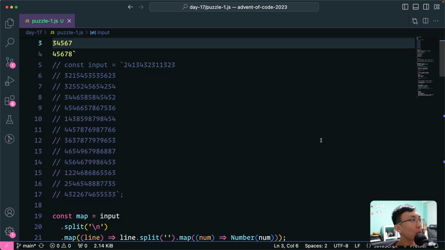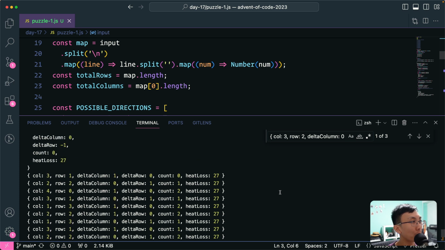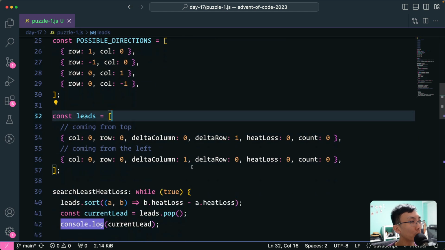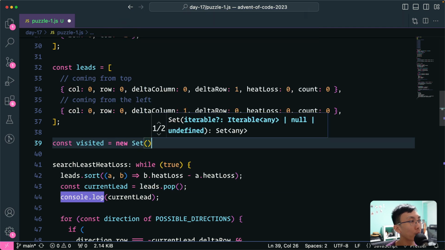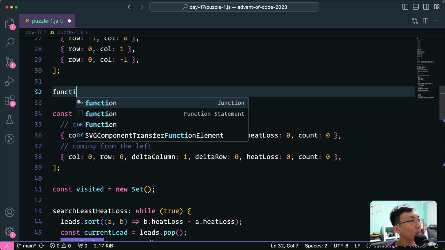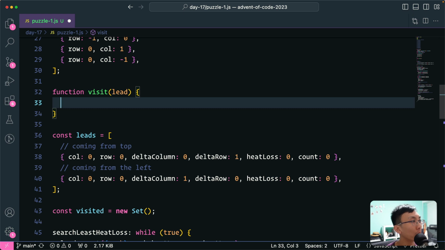Right? So maybe we need to clear up some... you might want to use some memoization so that we prevent ourselves from going into the same tile with the same direction multiple times. Right. So one thing I can think of is maybe we can create a map, visited equals new set. Right. And then to this set we're gonna add. I'm going to create a function called visit a lead, and then...